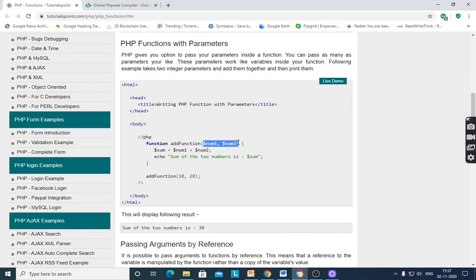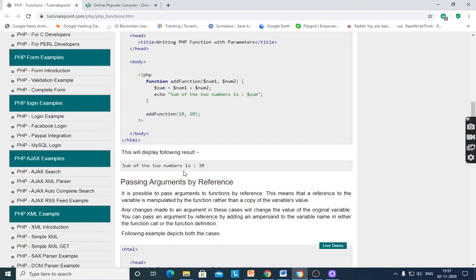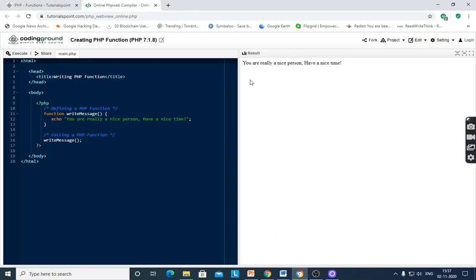Two variables are there, so we have to pass values for the two variables when calling the function. add(10, 20): it goes to num1 and num2, does the sum and returns it. Sum of the two numbers is 30. The first program will display the message: you are a really nice person, have a nice time.